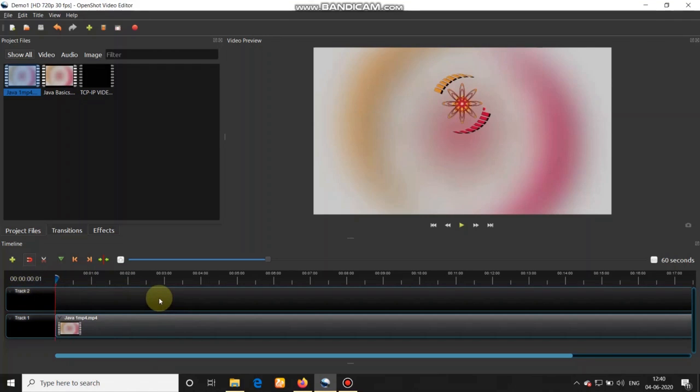Sometimes while doing lectures, you have to merge multiple lectures. We will see how to do that. So here is the preview window. Whatever I have put on the timeline, if I press on this play button, it now starts moving.